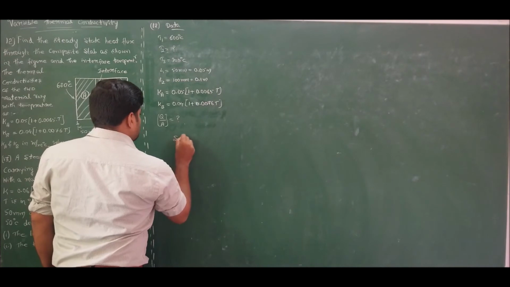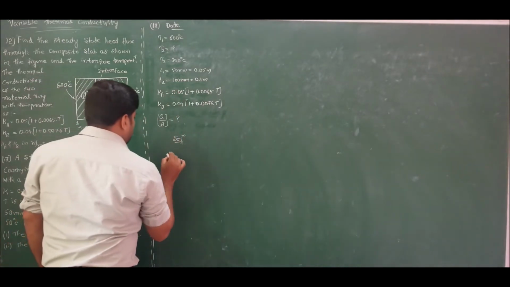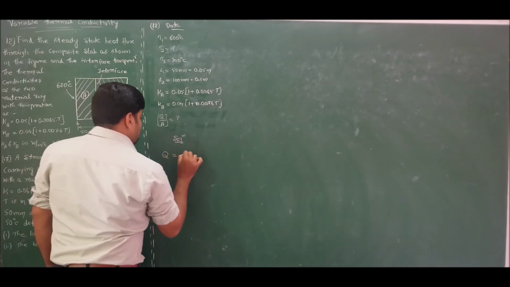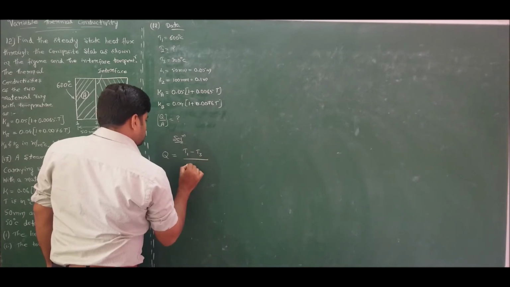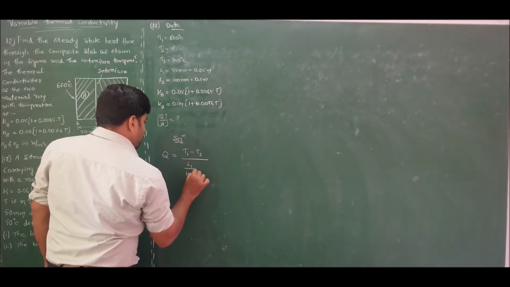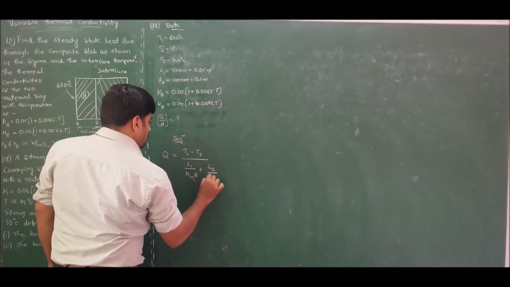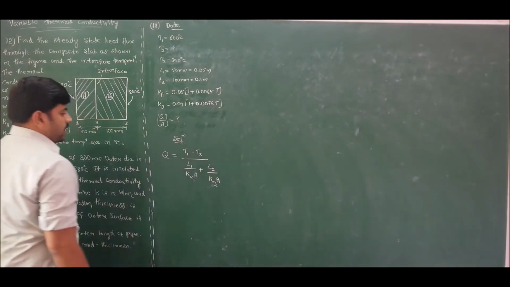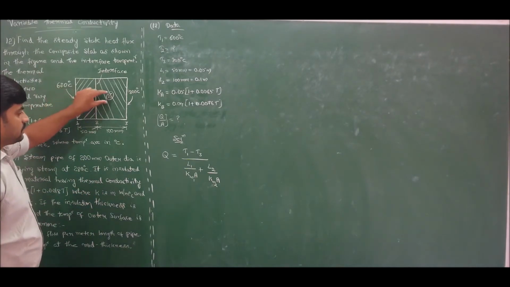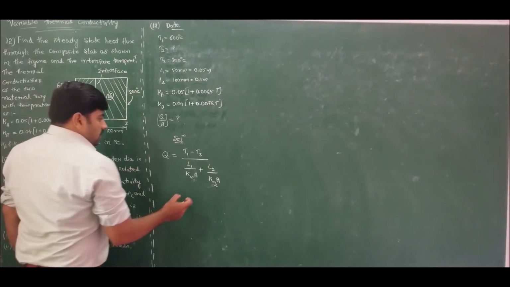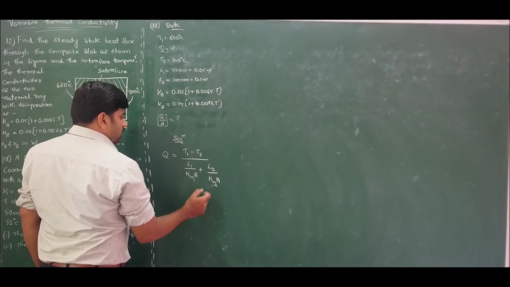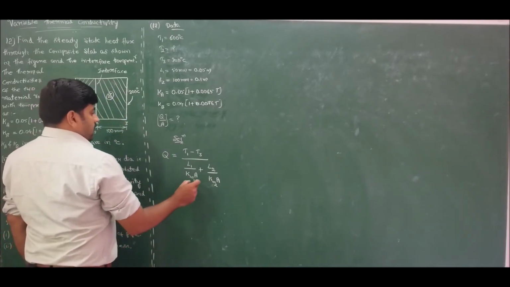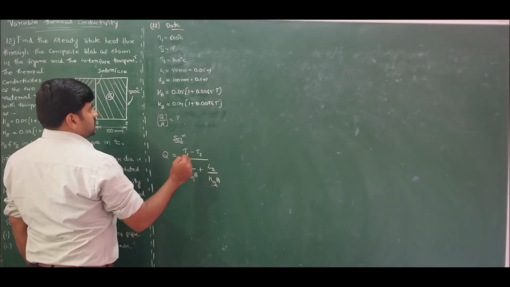For the solution, for variable thermal conductivity, we know that rate of heat transfer is given by T1 minus T3 divided by two conduction resistances, that is L1 by K mean 1 A plus L2 by K mean 2 A. Here suffix 1 stands for slab A, suffix 2 stands for slab B. Also I want to find the values of Km1 and Km2, which are unknown to us because we don't know the temperature at the interface.